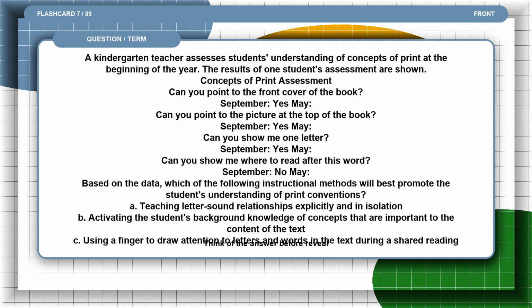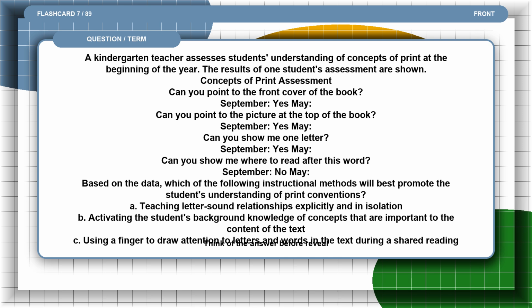Flashcard 7. A kindergarten teacher assesses students' understanding of concepts of print at the beginning of the year. The results of one student's assessment are shown. Concepts of print assessment. Can you point to the front cover of the book? September: yes. Can you point to the picture at the top of the book? September: yes. Can you show me one letter? September: yes. Can you show me where to read after this word? September: no. Based on the data, which of the following instructional methods will best promote the student's understanding of